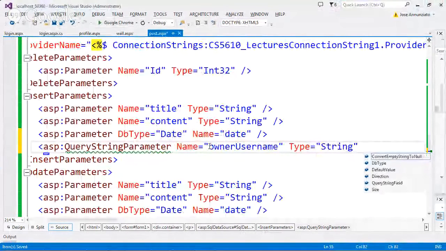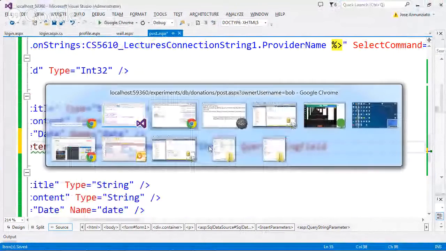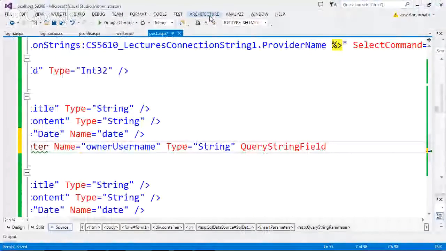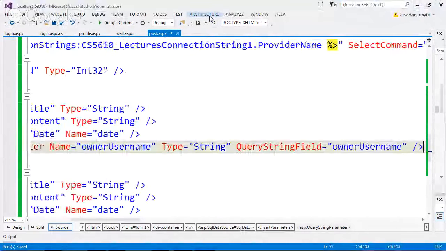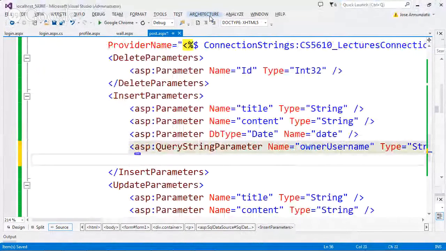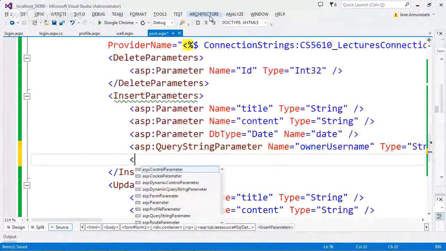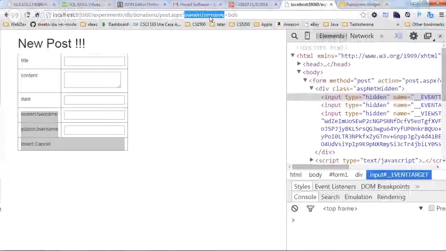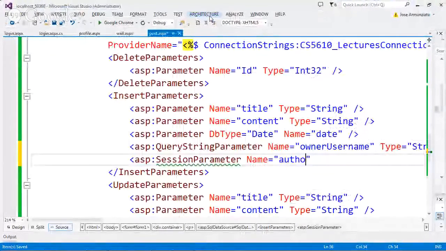And where am I getting it from? The query string field is called, I think it's called the same thing, no? Owner username. There it is. Owner username. Yes? And I want to use the author from the session, right? So I'm going to say ASP session name. The author, is it called author? Author username, yes. Author username is also of type string